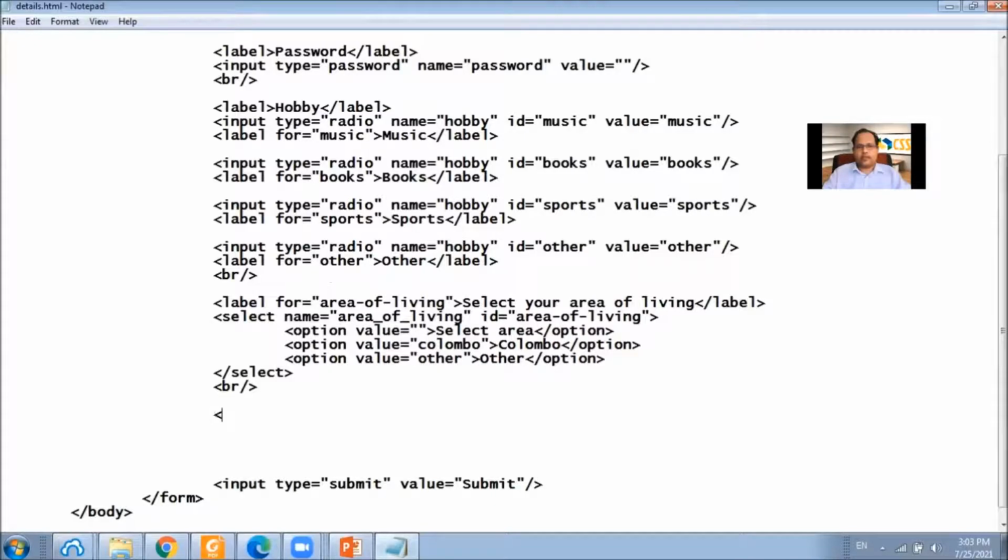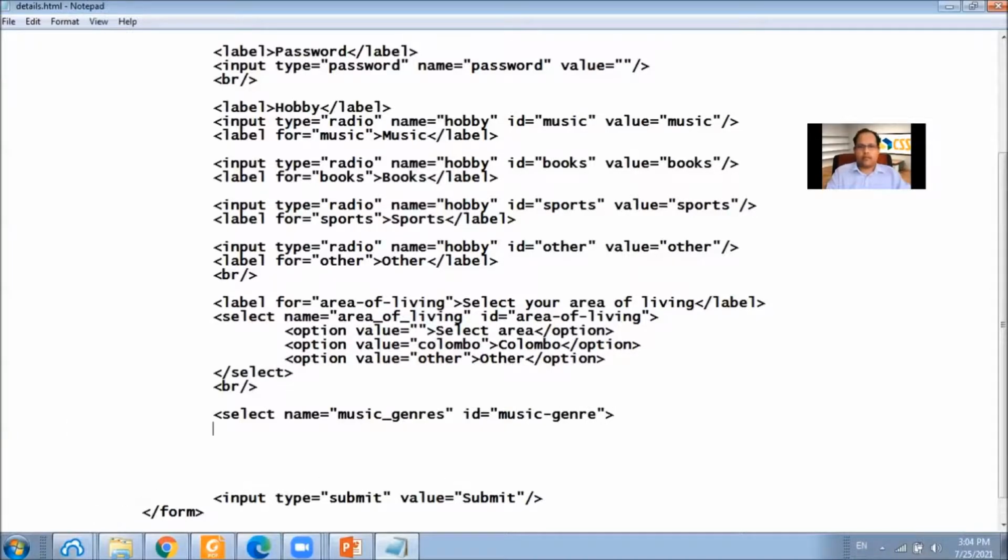We will define another select box, and that select element is to select the favorite music genres. You give an ID. Right.